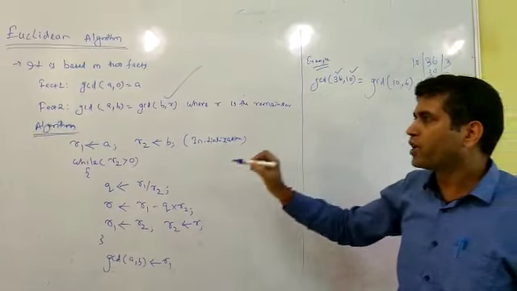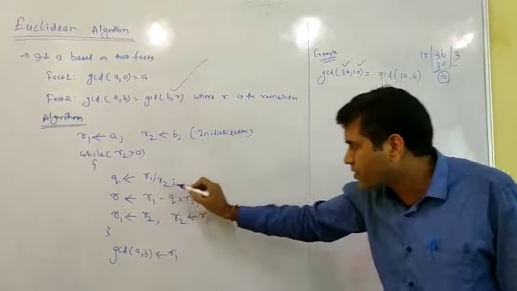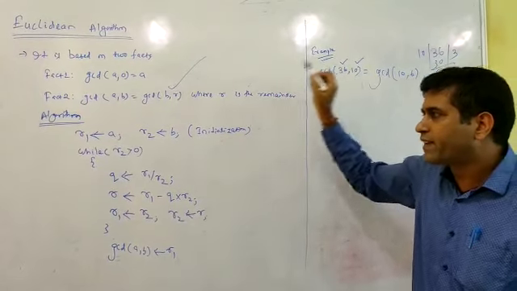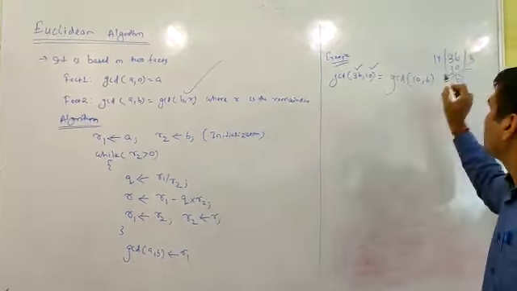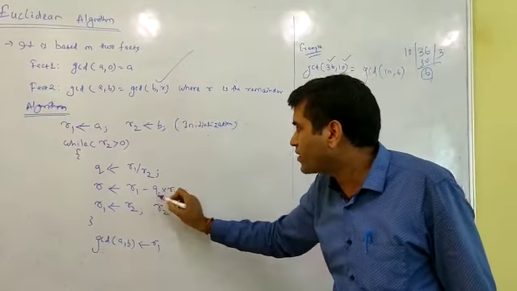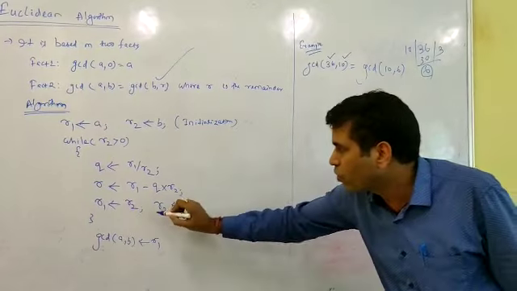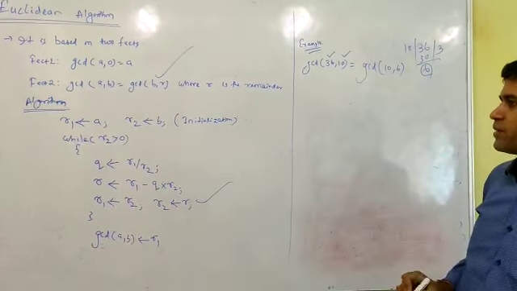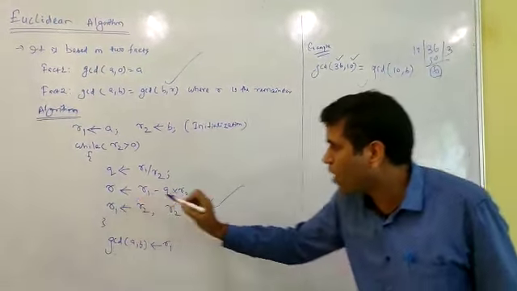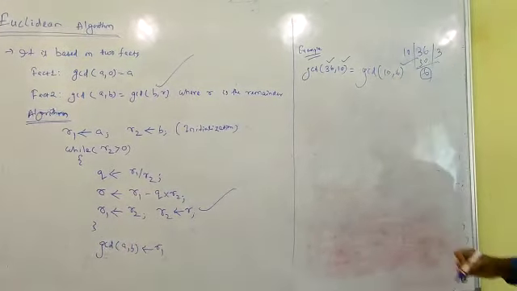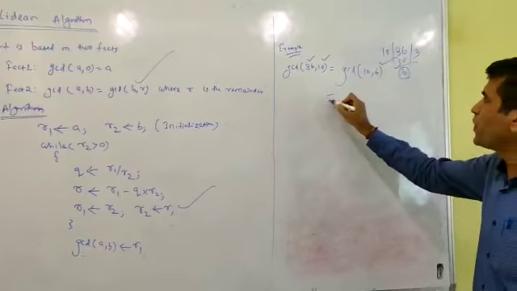So from the algorithm point of view, see this same concept here. R1 will be divided by R2. That means your 36 will be divided by 10, then your quotient equals 3. Then we have R1 minus Q into R2, then you will find the R, 6. So in this way we go through this step. That means R2 value will be given to R1 and R value will be given to R2. Same concept here. Then we go for the next step.